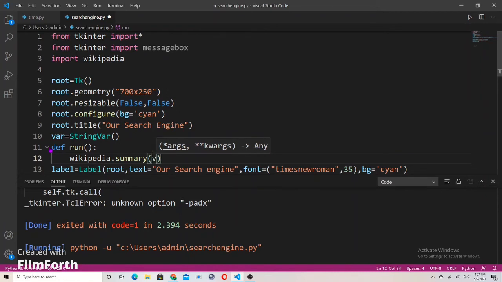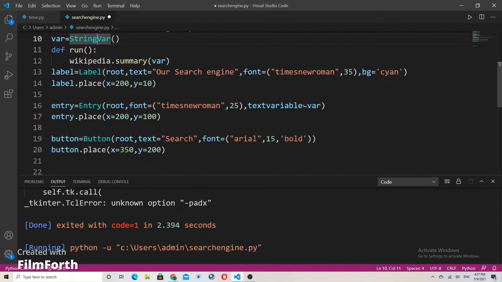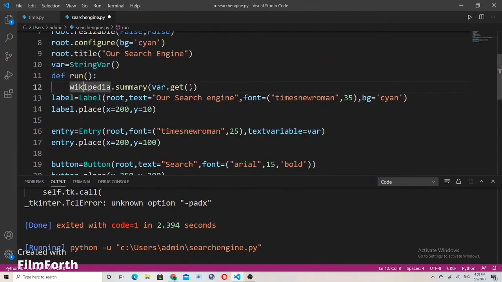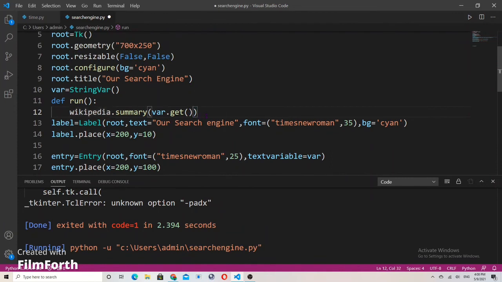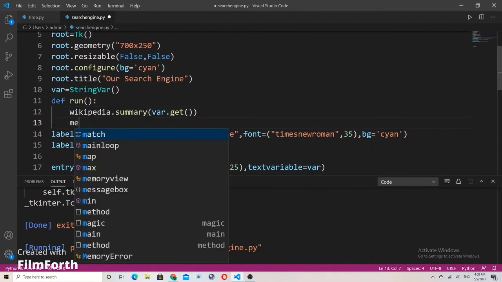Summary, so which is var, the text we enter in the entry field, which is a var string variable, we'll get var dot get. So the information from the text field will be searched in Wikipedia, and then we'll get the information from the web. So this is the summary, and now then message box